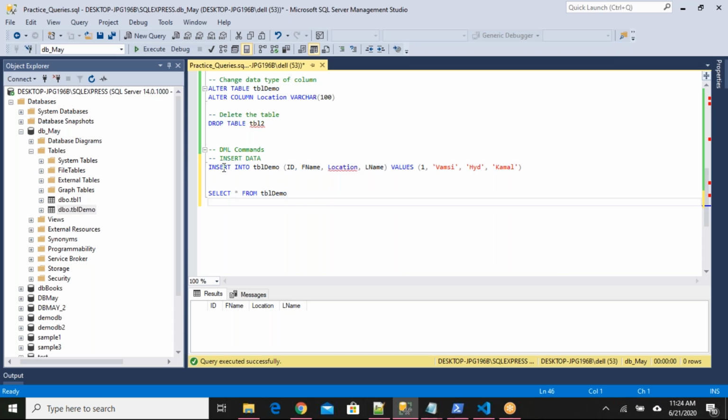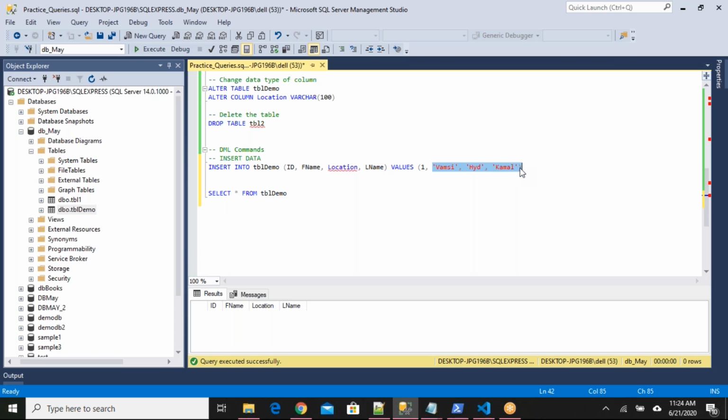So see here, insert into table name, I'm passing the columns here: ID, first name, location, and L name. Only ID is an integer, the remaining are all string data types. So for ID I can pass the number like 1, that's it. In SQL Server, when you want to insert string data, you have to enclose it with single quotes.